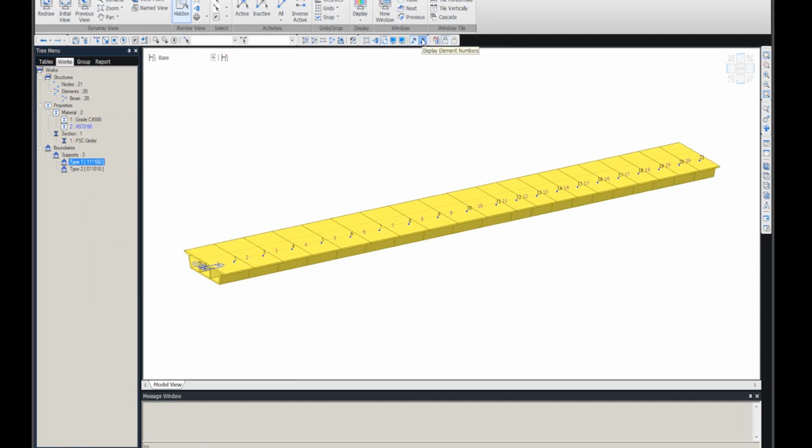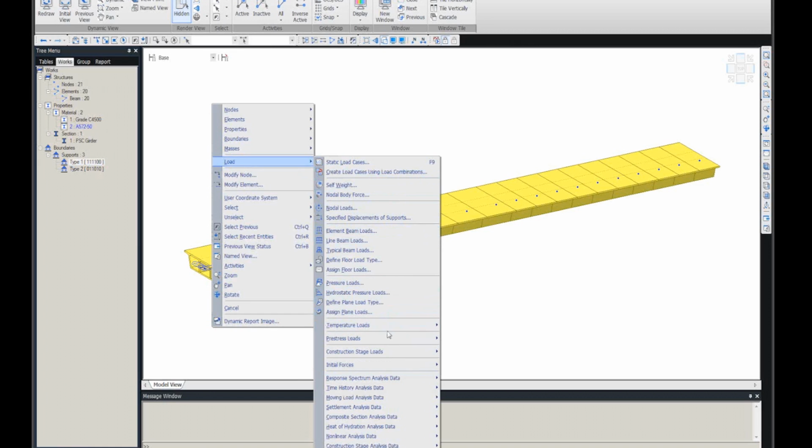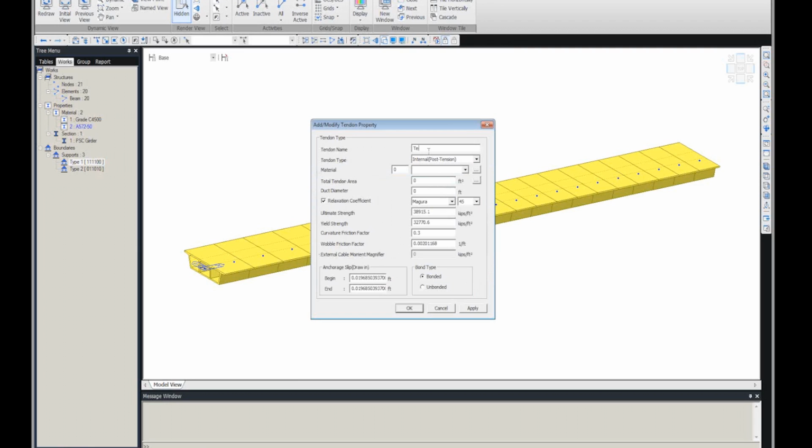Now we don't need the node numbers or element numbers, so we can turn them off. The next part will be modeling the tendon profile, which is very easy. What I do is just go to load, pre-stressing, tendon property, add, and call it tendon. So we have three types, but now we're going to model it as post-tension, and then for the material we're selecting this material, tendon area,